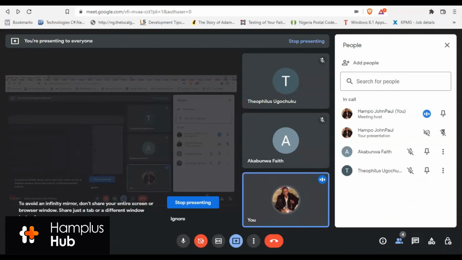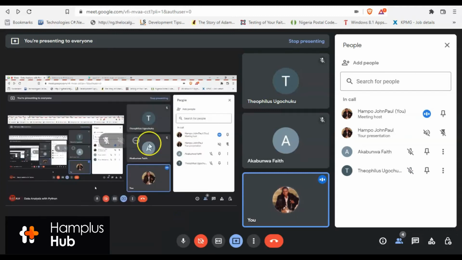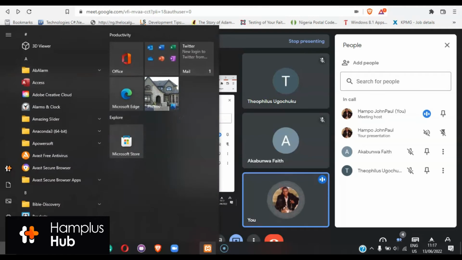Okay, so I guess you have installed your Python and we start with our practical. First, I would like to take you through the fundamentals of Python. After that, for today, tomorrow I will introduce you to NumPy.